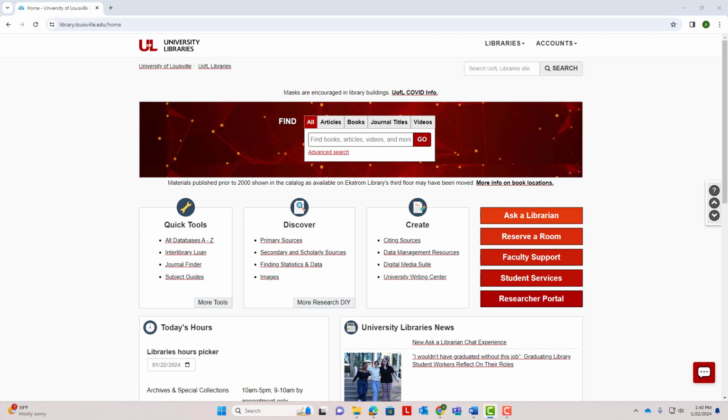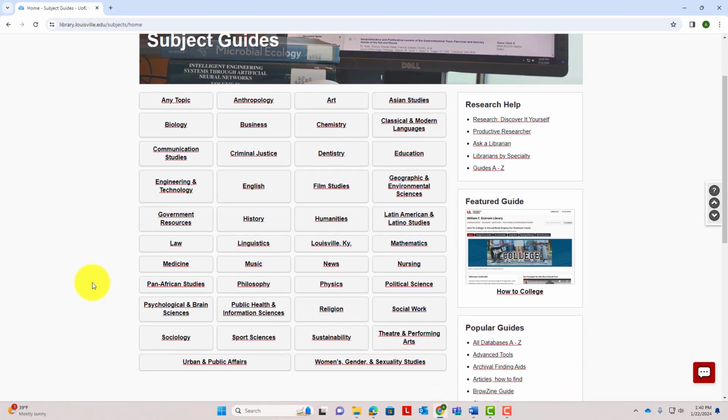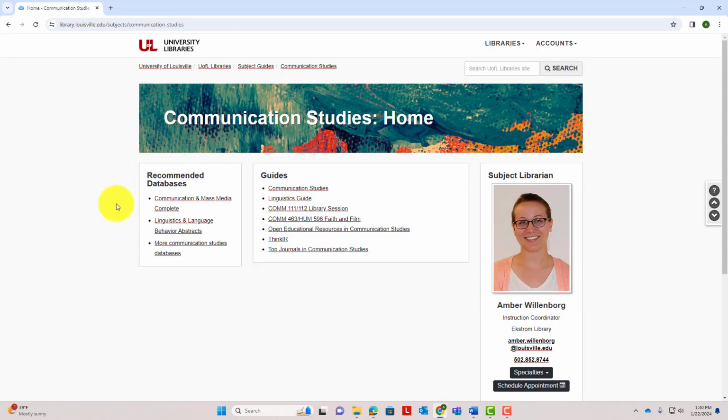The best place to get started finding peer-reviewed articles is our subject guides on the left side of the page under Quick Tools. These subject guides divide up library databases by subject area, making it easier for you to find the most relevant resources for your research topic. For my research question on social media and political campaigns, the subjects of communication and political science might be most relevant. If I click on communication, I'll find recommended databases full of articles on communication topics like social media's effect